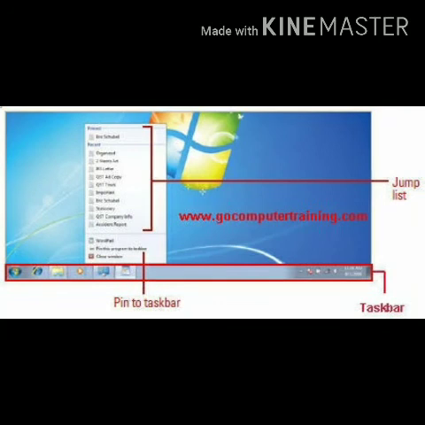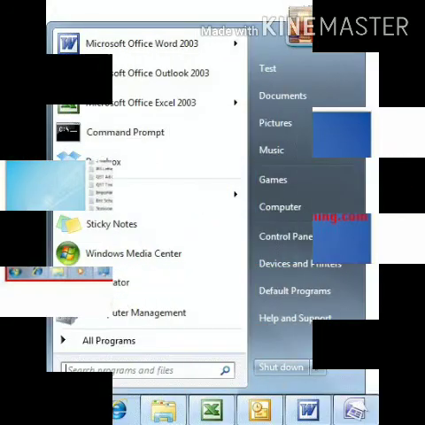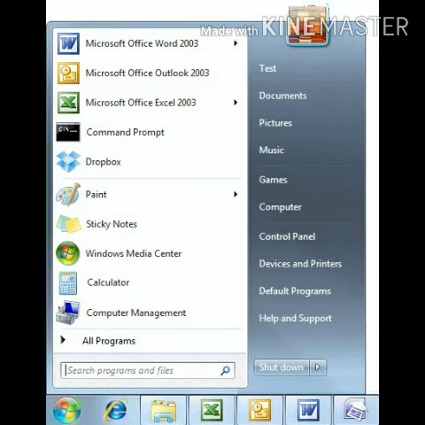Next, add or pin an application to the taskbar. Most of the time, you open your application from Start menu, All Programs, and then navigate the menu and sub-menu that appear. Instead of opting for the time-consuming process, you can add the most frequently used applications permanently to the taskbar. First, in the Start menu, locate the application you want to pin to taskbar.